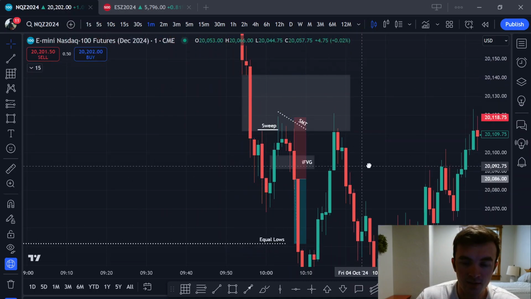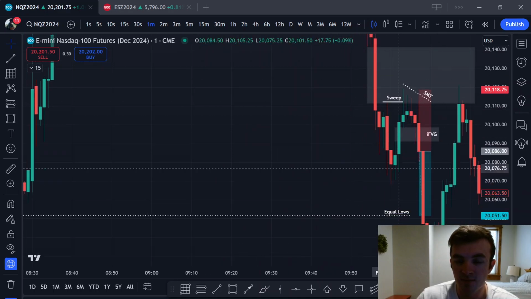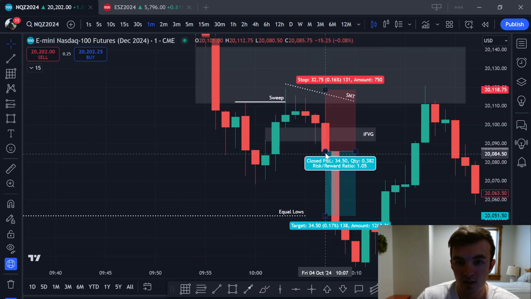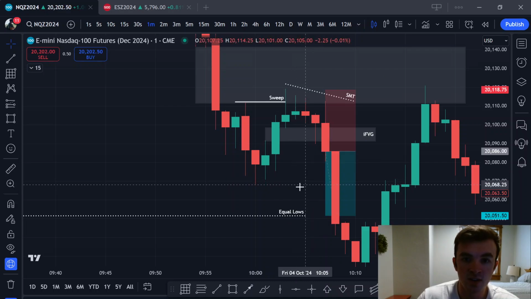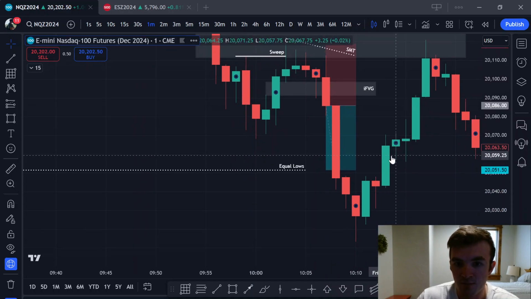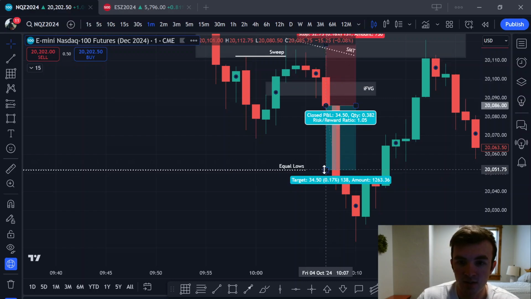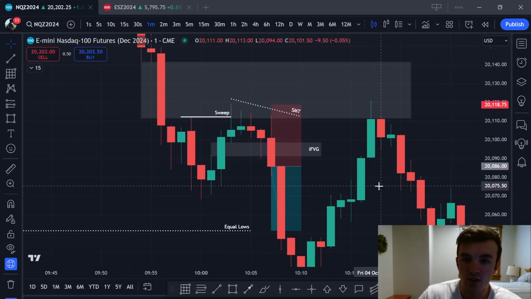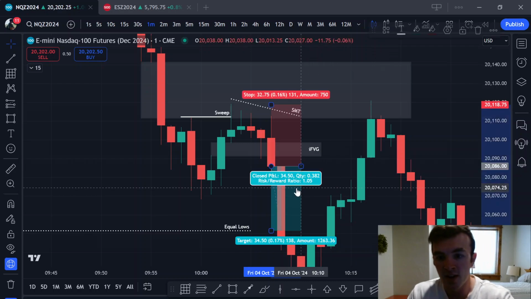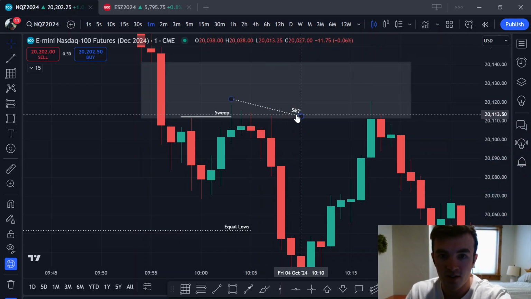3 to 4 confluences here. Seemed like a very, very strong trade. And plus you were able to move your stop loss to break even relatively soon at this low here. So I was pretty fine with this trade, and it was, yeah, not bad. Like a 1-to-1 risk reward trade. So now we're gonna look at the trade Dodgy took.